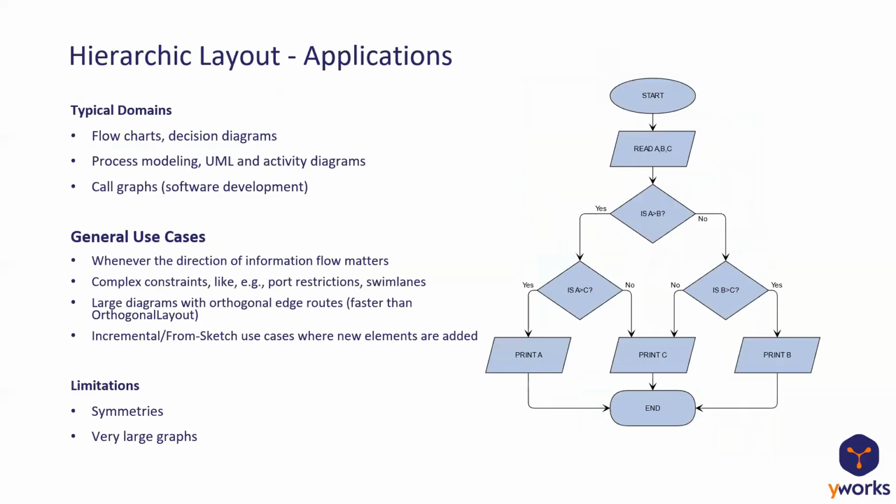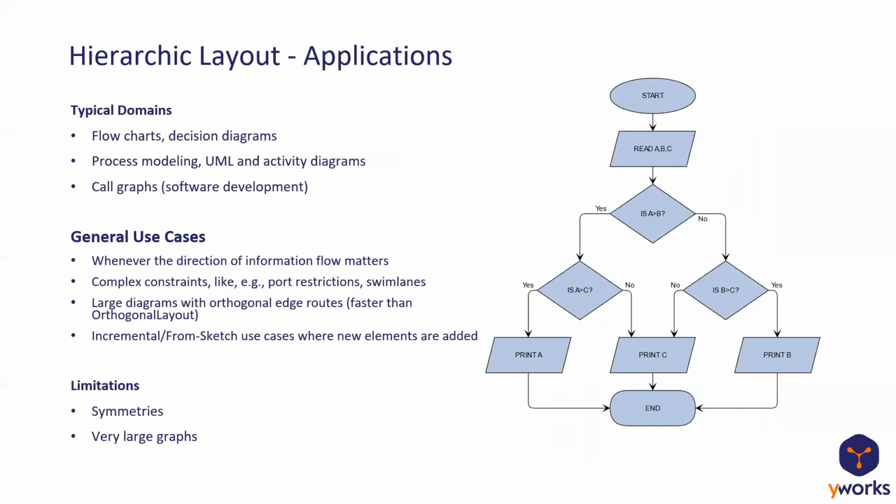So finally, for the hierarchic layout, let's look at the applications which are typical for this kind of layout. Typical domains are flowcharts or decision diagrams. It's used in process modeling, UML, activity diagrams. It's useful in a lot of software development use cases like visualizing call graphs. And while these are typical domains, one can also find a lot of general use cases where this style can